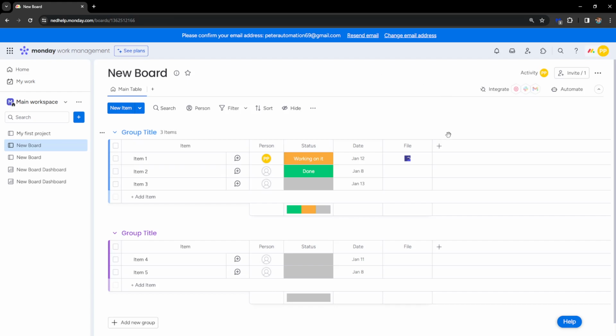How to link boards in Monday.com. So it's a little bit different from what they showed on their YouTube channel because they updated it. But basically, you want to click the board that you want connected and then click on the three dots right